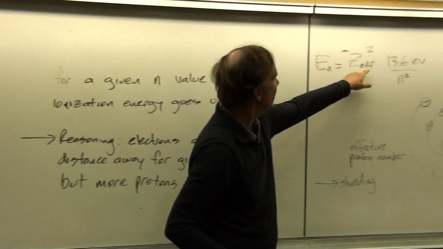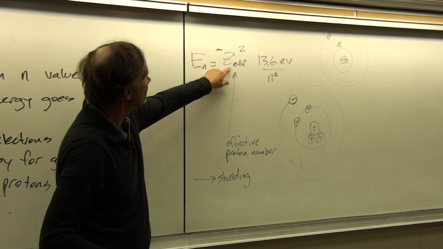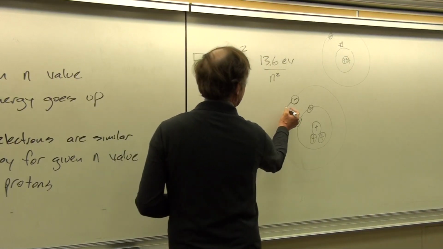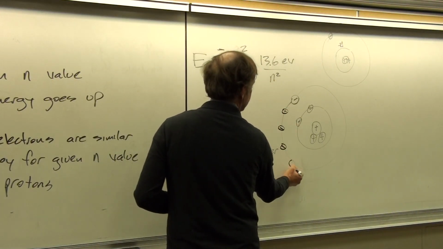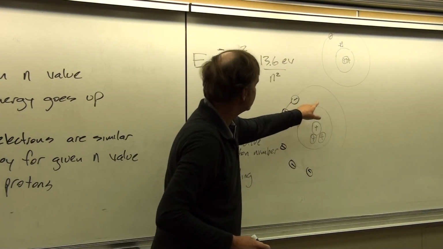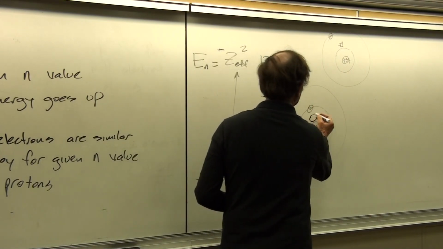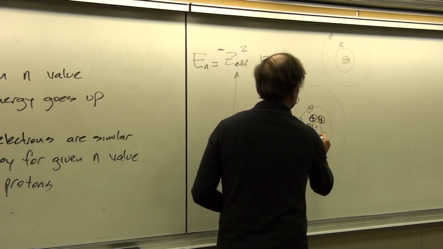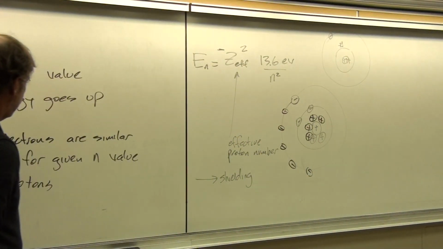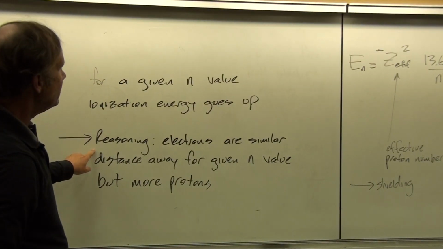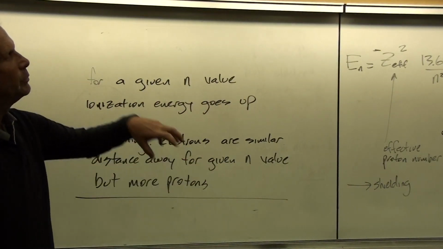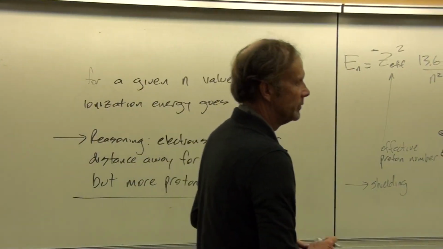So if we look at this expression here, we see that Z effective isn't going to be too much different for any of the electrons that are, say, in this orbit, because they're going to feel essentially the same amount of shielding as they experienced before, but we're going to get, for larger and larger atoms, more and more protons in here that are going to be anchoring these electrons in more securely. And so therefore, the ionization energy goes up for a given n value, because there's more protons in the nucleus, to prevent those outermost electrons from escaping.